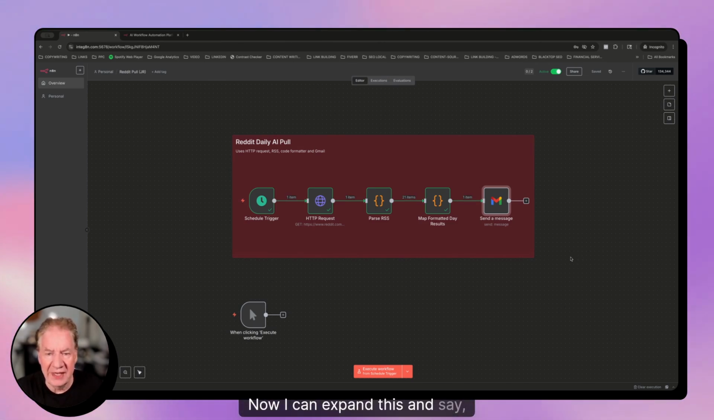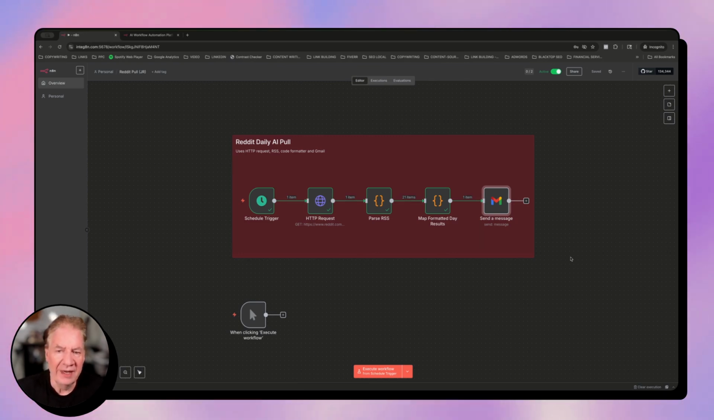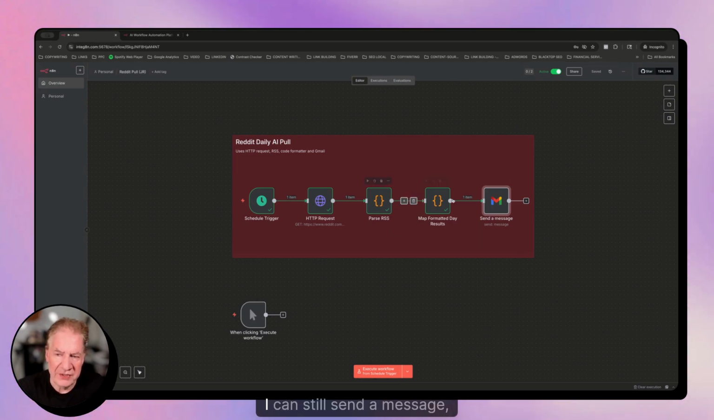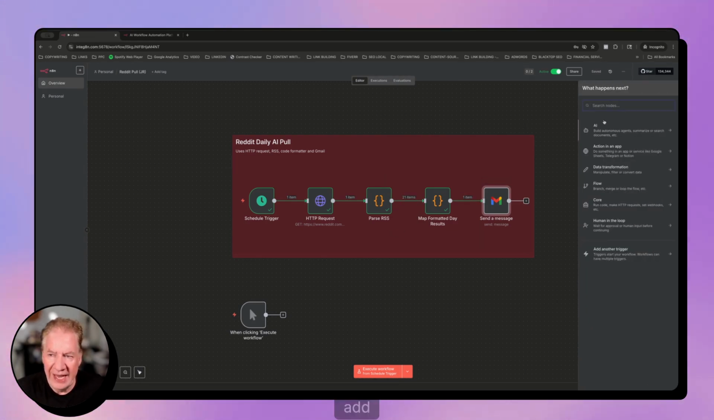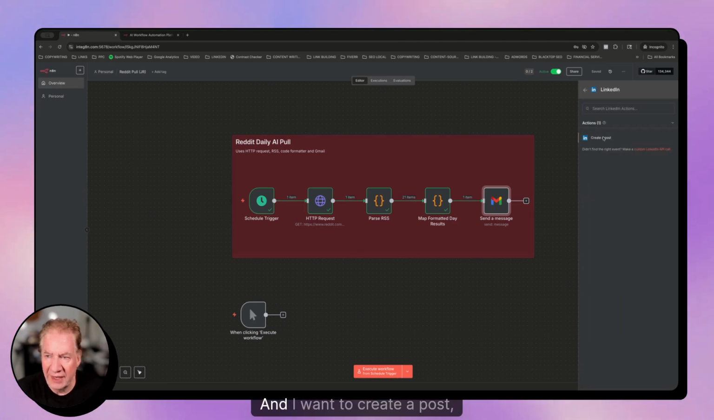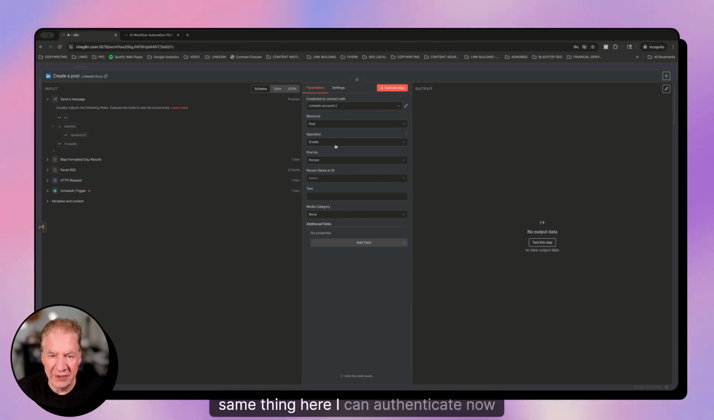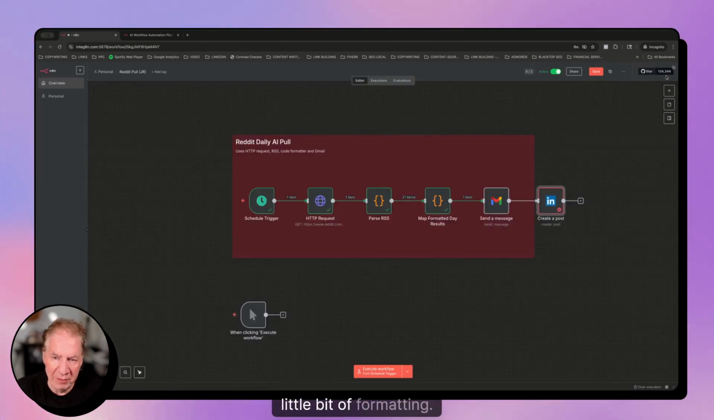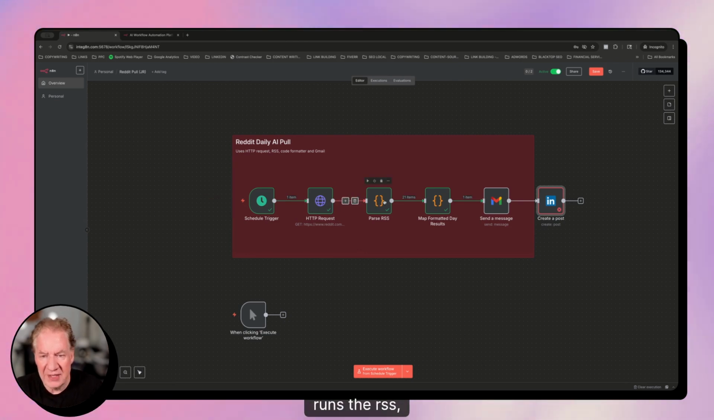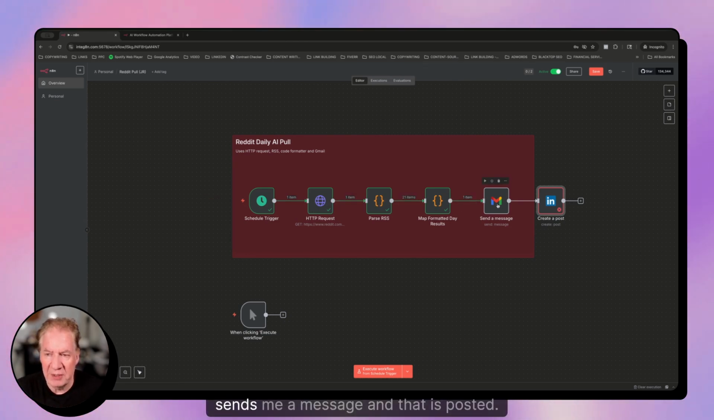Now, I can expand this and say, hey, I do like this, but I want to minimize it to the top 5 or the top 10. I can simply specify that on the URL for the RSS over here. I can still send a message, but I might want to add something over here, which is a LinkedIn connection, and I want to create a post. Same thing here. I can authenticate now. I can drag and drop some of these fields over, a little bit of formatting, and all of a sudden I have a nice system that schedules every day, runs the RSS, pulls it, formats it, sends me a message,